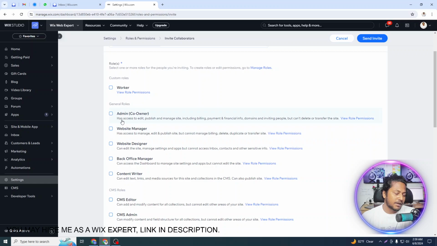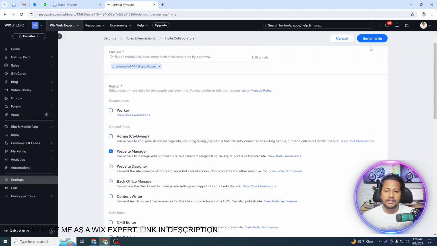Both are safe, but don't make them admin. You may add them as an admin if they need that, but basically all of the time they need the website manager feature. So I just click here website manager, and then I need to click send invite,